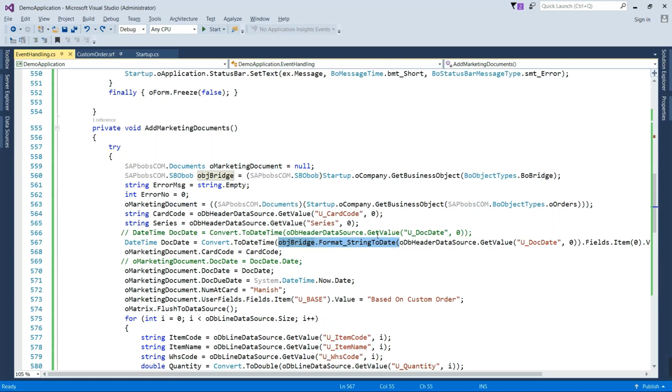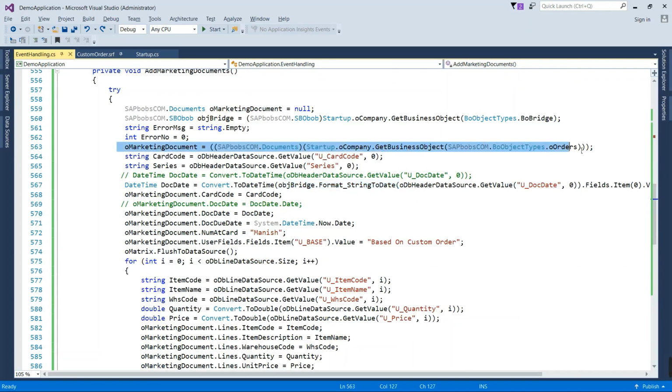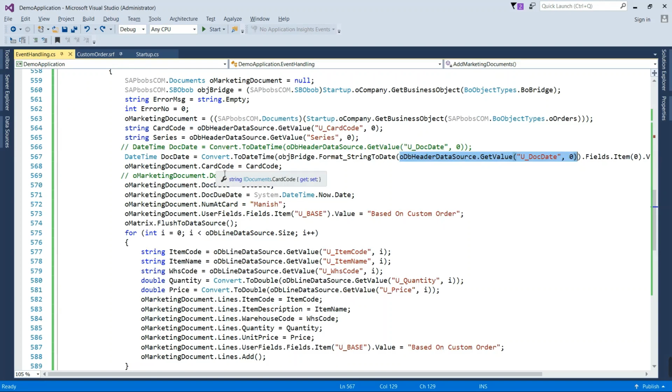So let me explain the code further. We have created this sales order object here. Get the card code from the header series. Similarly, doc date here we have taken through the DB data source, and here we are setting these values to the marketing document.